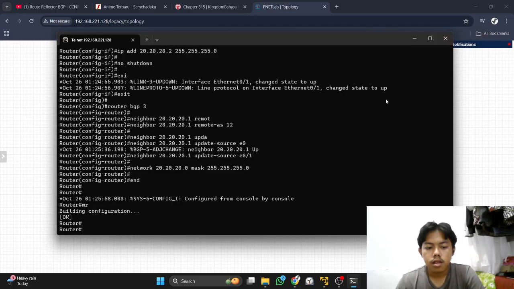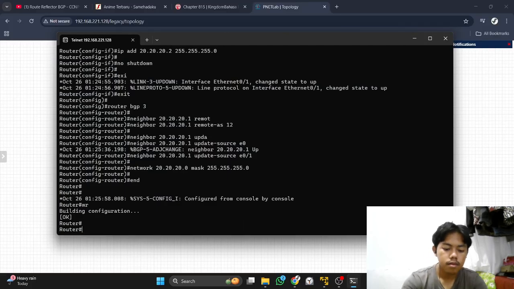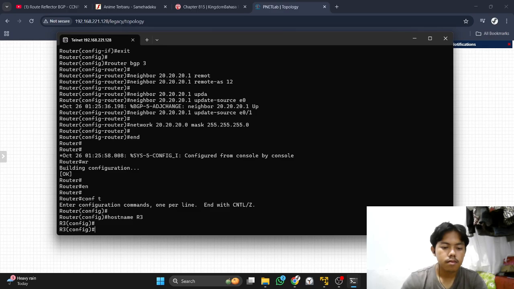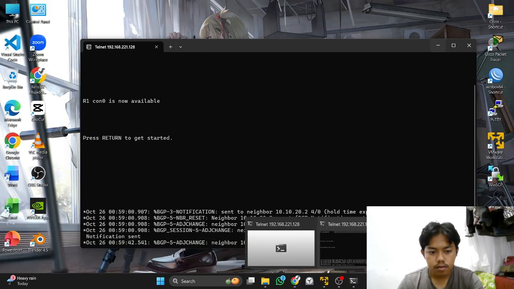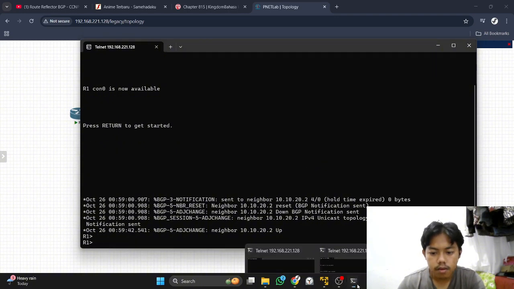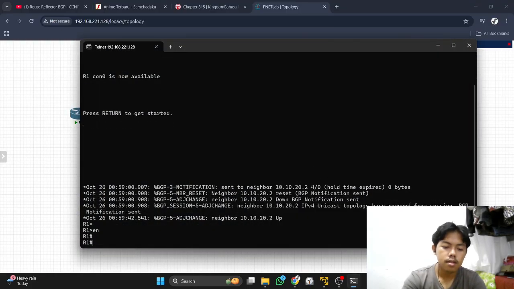So next we will configure the route reflector. The route reflector we will create on router 1.